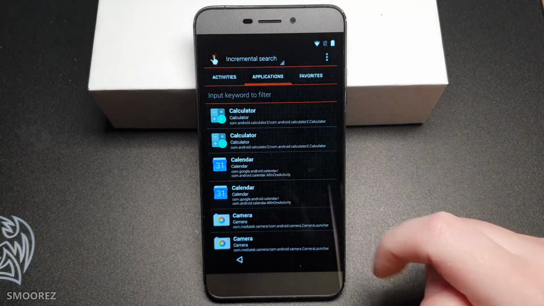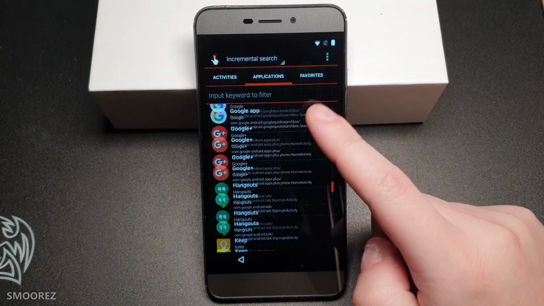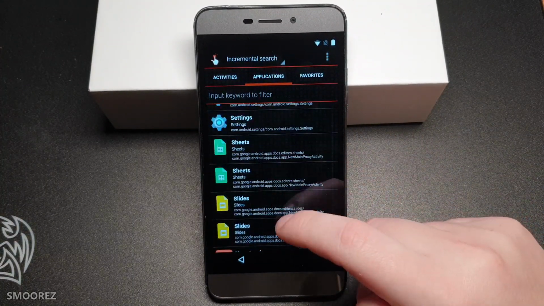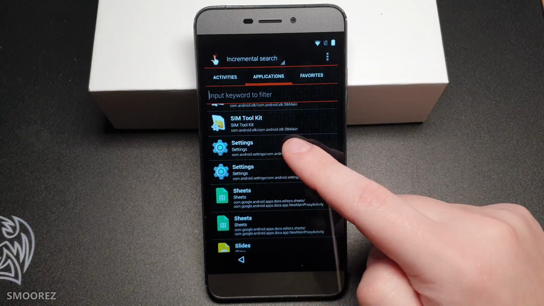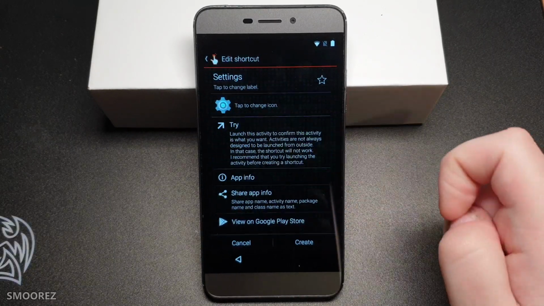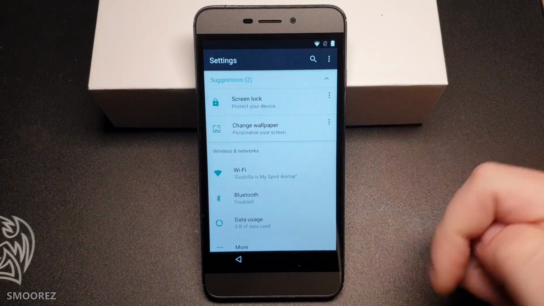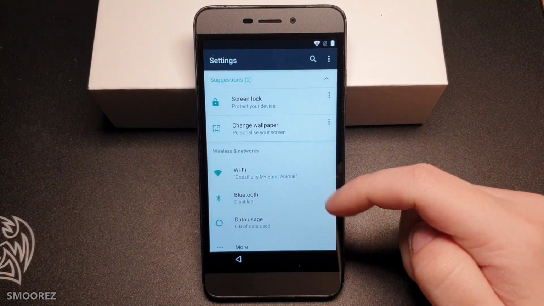Go over to Applications just at the top and scroll down to find Settings. Tap on any one of these and then select on Try and Settings will now open up. Now we need to disable some features. Scroll down to Security,